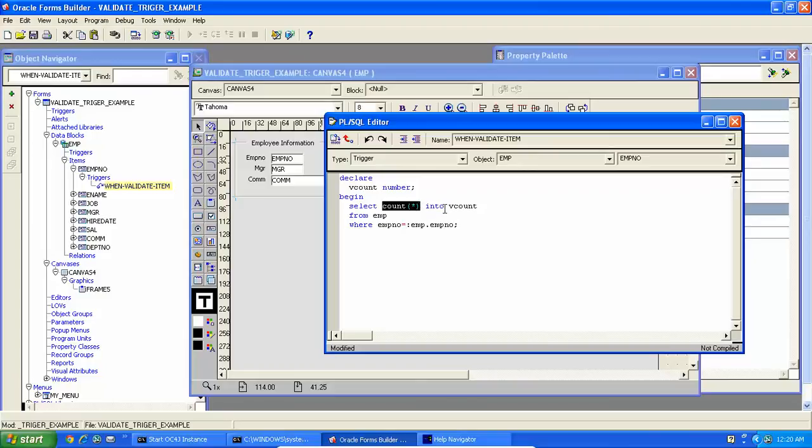Okay, and then we will get the count of that employee number. If it is 1, means that record is already present. Now we will get the number of records which are already available in this variable vCount. If it is 1, then we want to raise form trigger failure. Let's write the code. If vCount is equal to 1, then we want to show the message